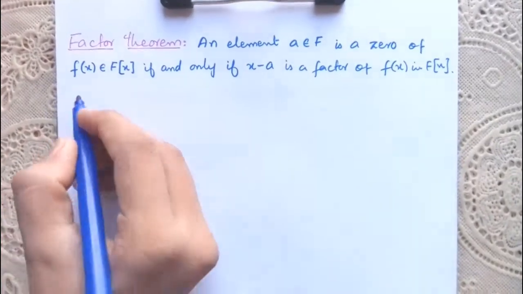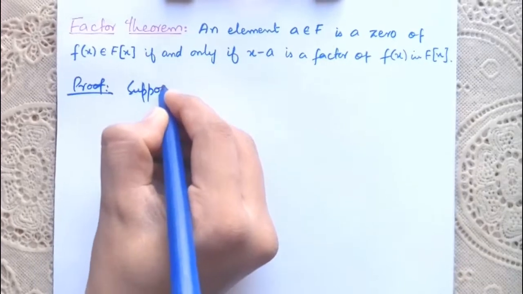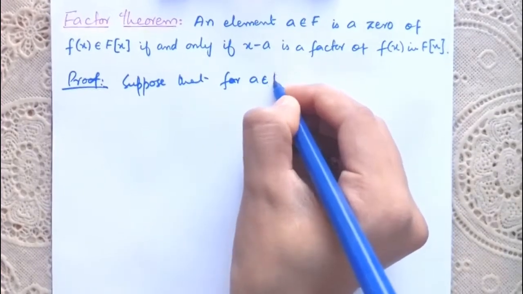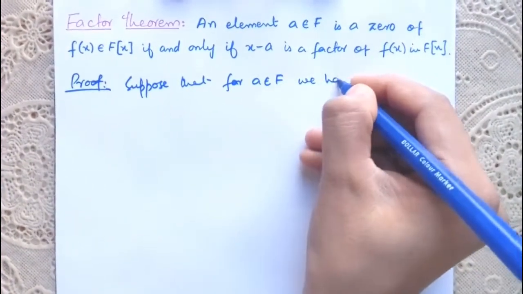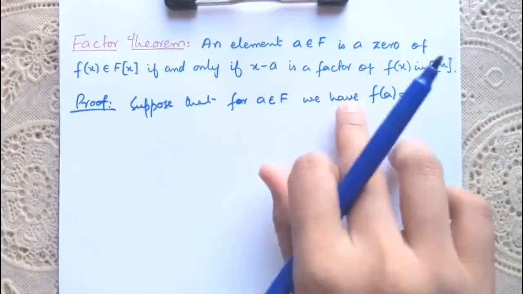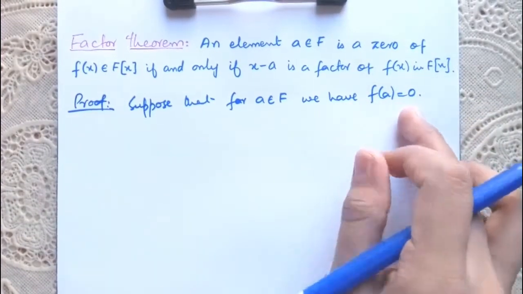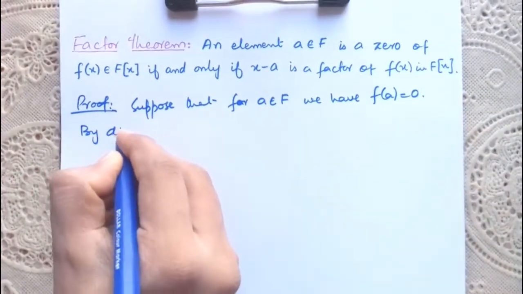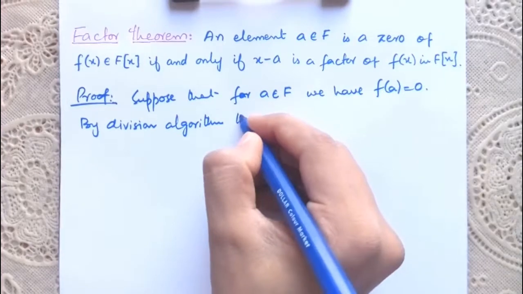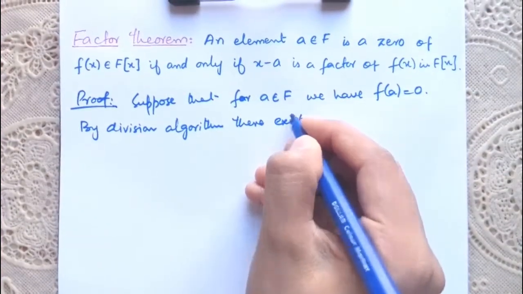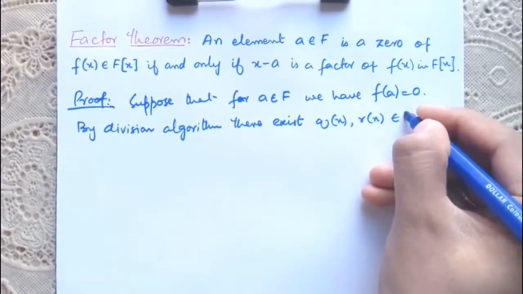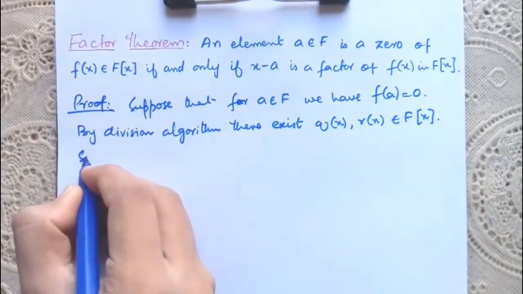So let me try to prove it. Suppose that for a belongs to F, we have f of a is equal to 0. Means let's suppose a is a root of f of x, right? So by the division algorithm, there exist q of x, r of x belongs to F[x] such that